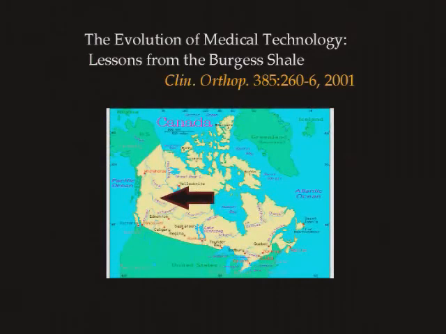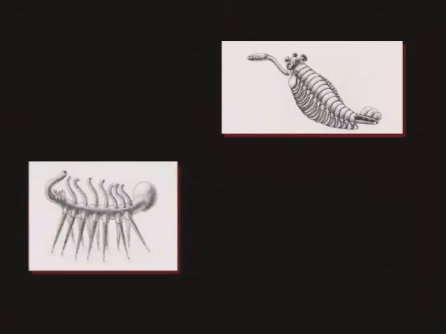The story starts here in Western Canada at the Burgess Shale, a shale quarry that was created 1.5 billion years ago when a mudslide trapped a number of soft-bodied organisms in the water. When these shale pieces were broken apart, the creatures that came out were rather peculiar looking. For example, one that had 5 eyes and a claw at the end of its nose, another that had 7 pairs of appendages. And the scientists couldn't really understand which phyla these belonged in and created their own separate phyla for each of these kinds of creatures, because there's no modern version of them that exists or anything close to these things.